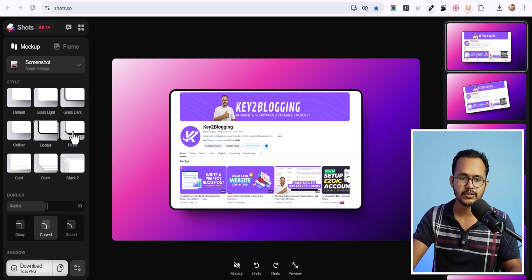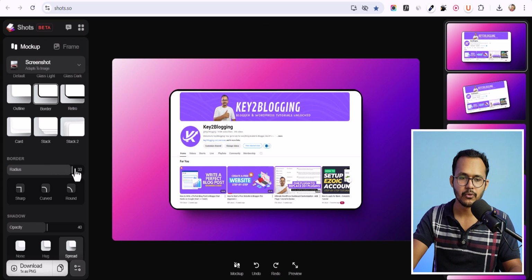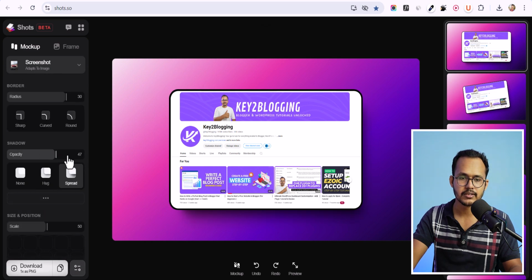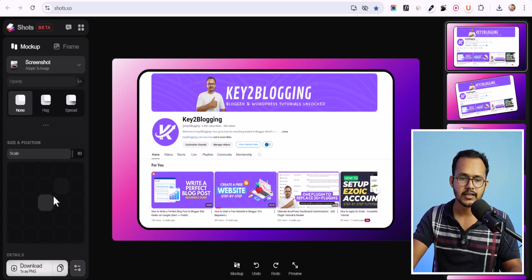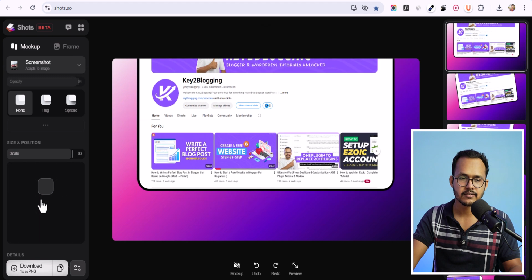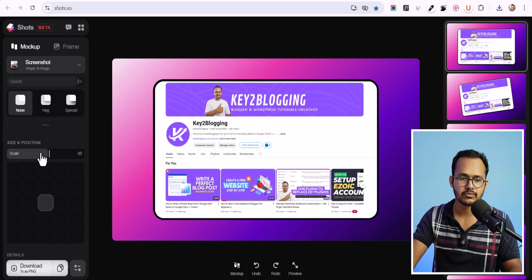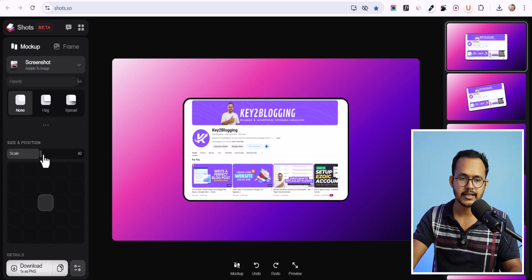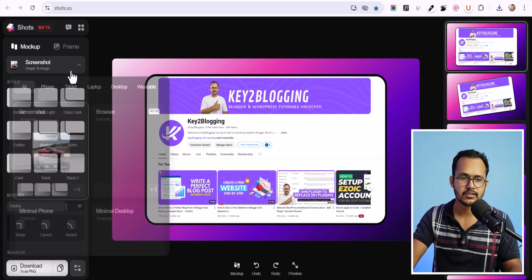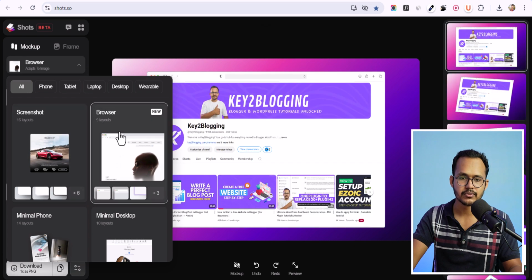outline option, or you have the border option, and you can change the border radius from here like this, or you can change the crop option like this. So you have the option, and you can display shadow or set this option here. So you can remove the shadow from here, and you can increase the size of the image like this, and you can change the position of the image like this. So I want to keep it as center, so you can reduce it and you can change the position. So let's keep it center and let's scale it, and instead of screenshot we can choose browser option here, and